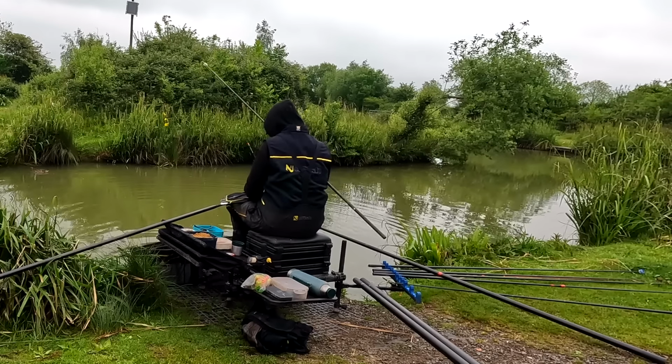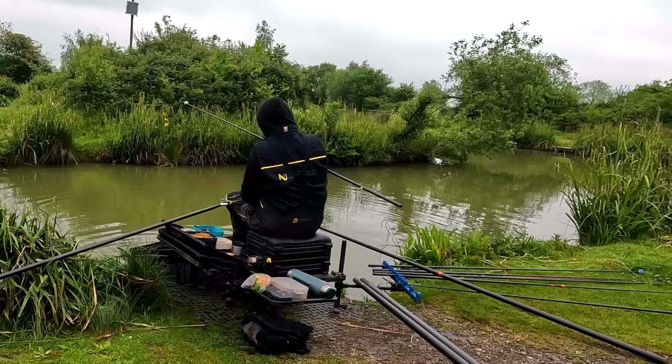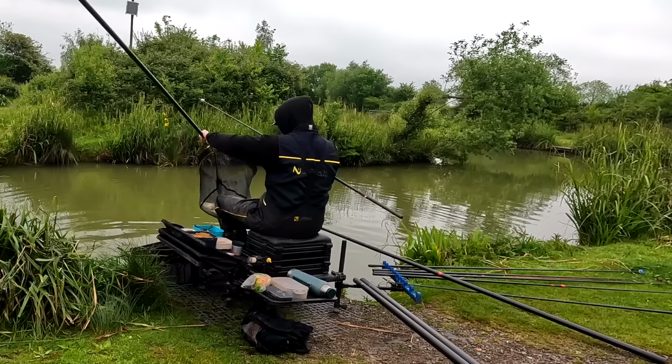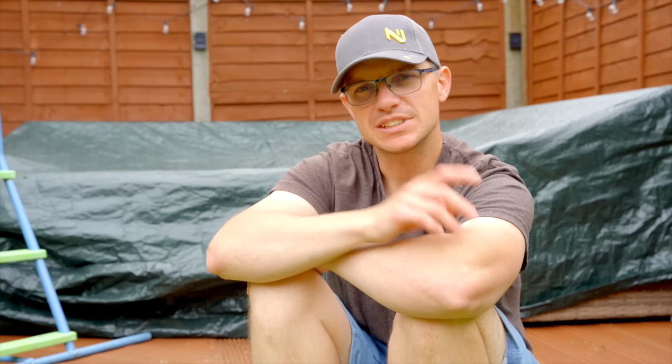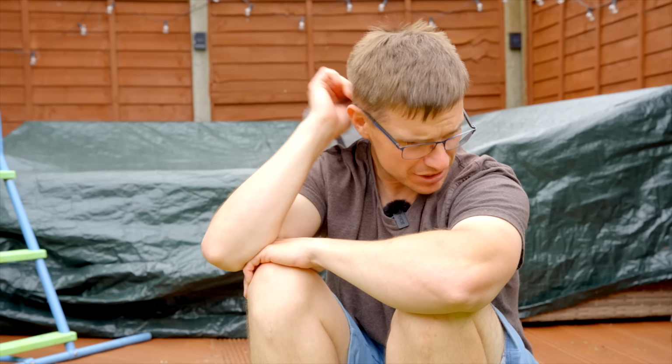But the problem I was having, when they were coming in, I couldn't catch them. I'd get the classic, you'd feed, you could see a fish come wobbling in, and it'd bow wave off, and I thought, I know what these want, they want paste. So I quickly got off my box and I set up a paste rig, JC margin paste, really, really nice